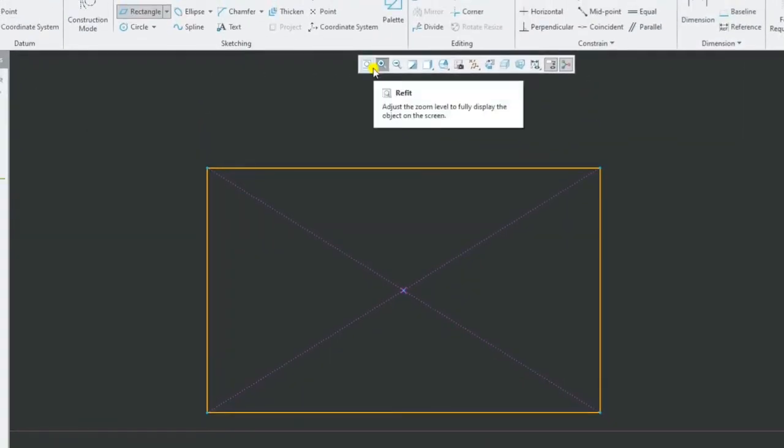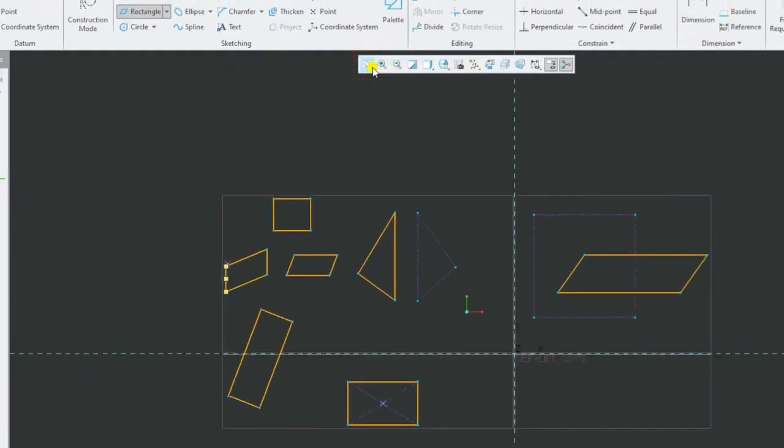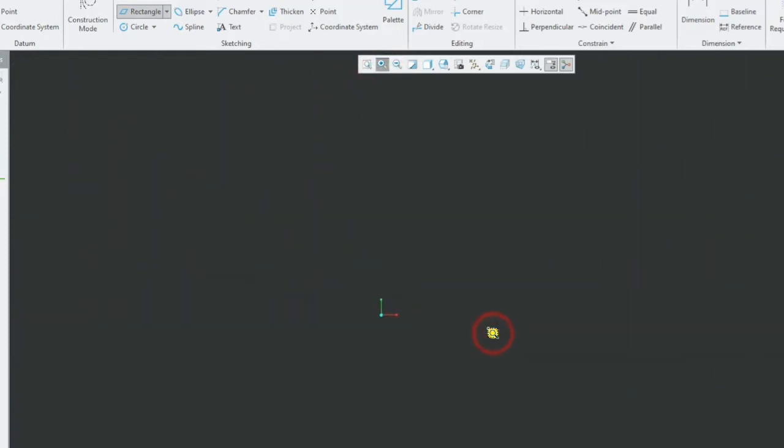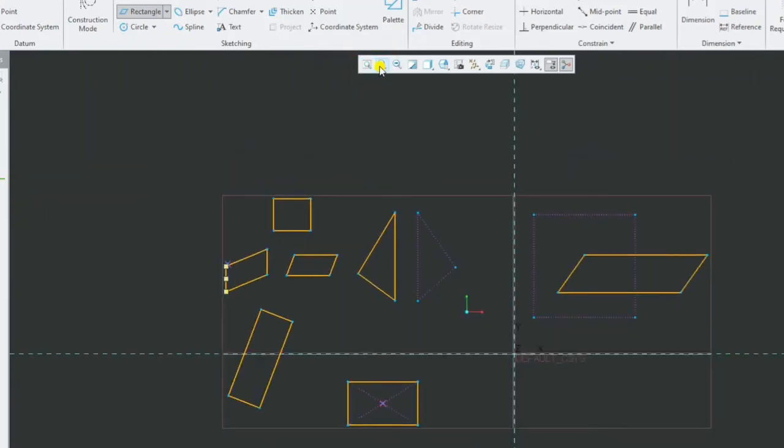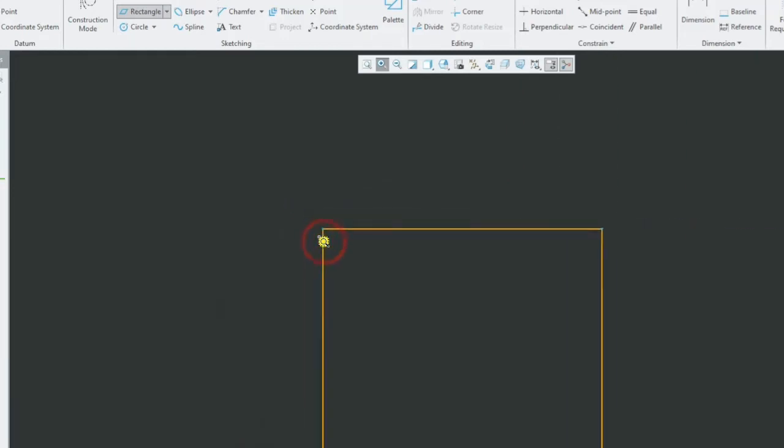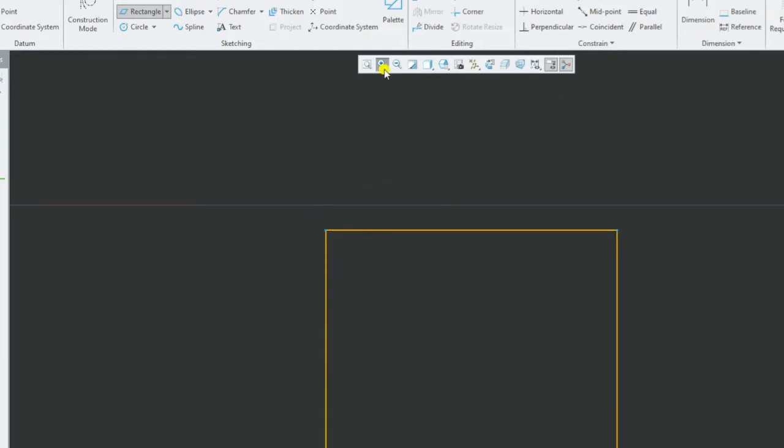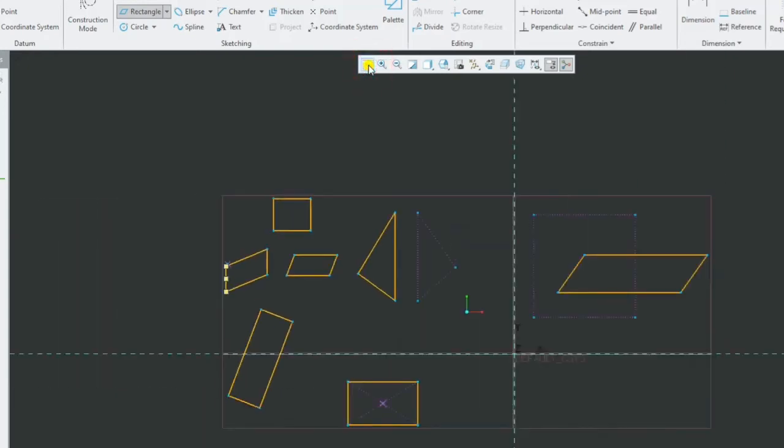Again, you can go to refit. Okay. Select the zoom. Let us say I want to zoom this particular one. Click here and we zoom out. Then I go to refit. Select the zoom. Click here, first point. Select the area. Click on the second one, drag to the second point, and then click here. It will zoom it out. Then you can go to refit. Okay.